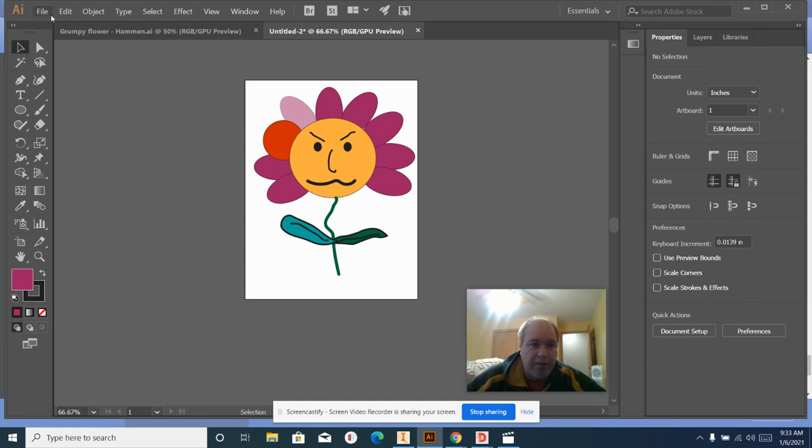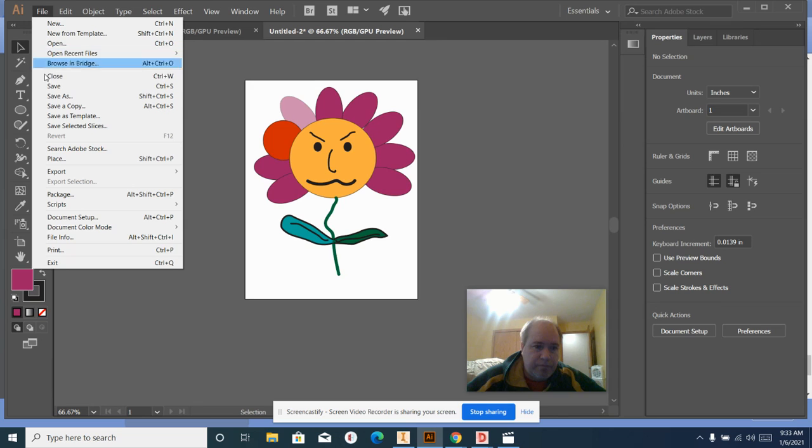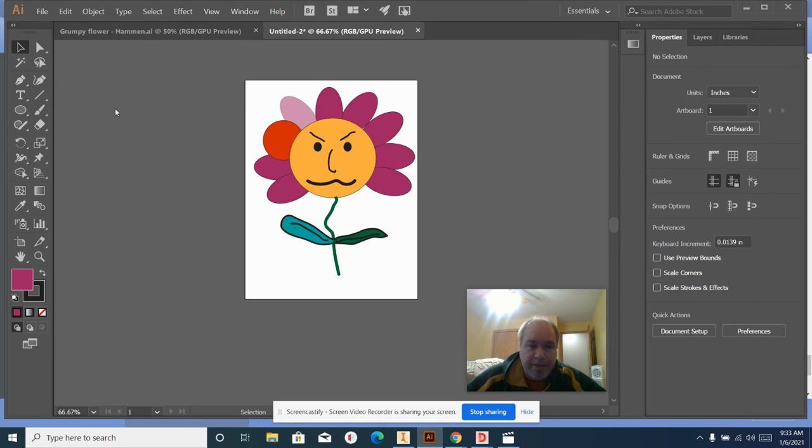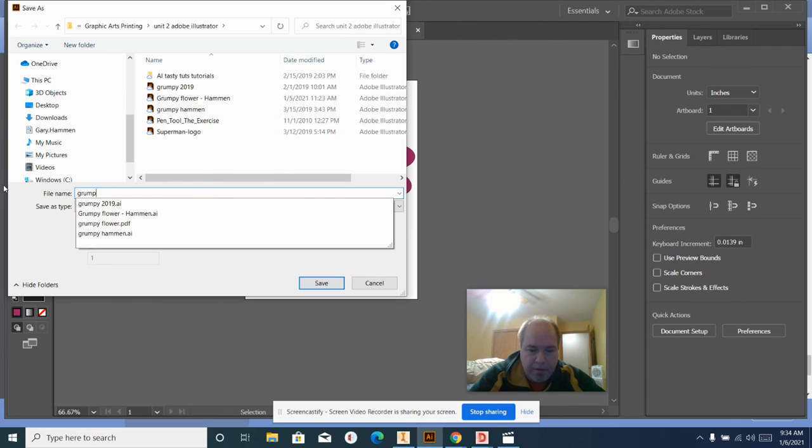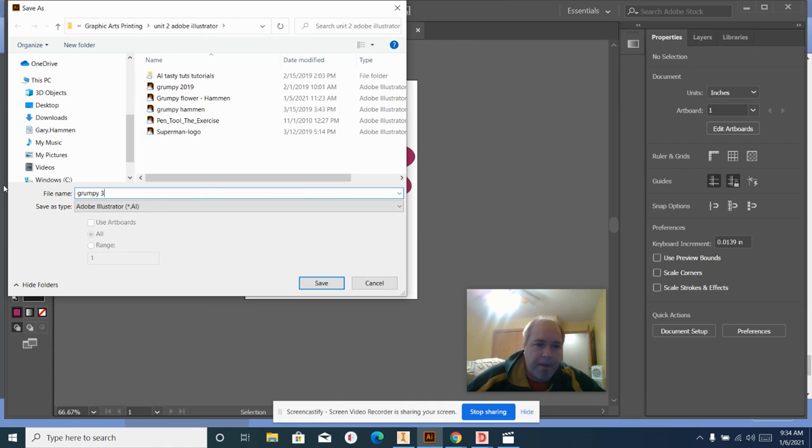And then when you're all done and go to save it, file save will park it, so to speak, back in the computer. We probably want to go through that process though, and I'm going to call it Grumpy 3. But you can see it drops it right here for me in where I want it, and that would be great. For you guys, on your options in here, you want to drop that in your network location,